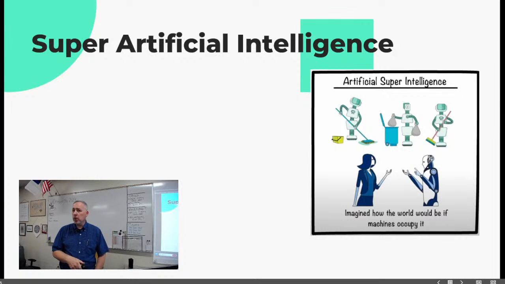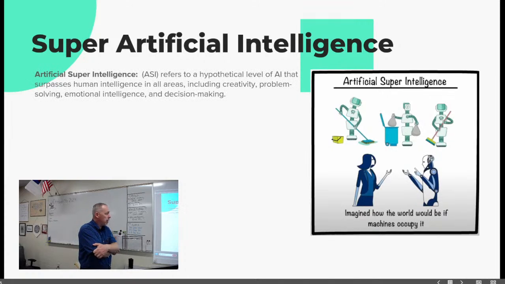And we get to super artificial intelligence. And this gets into the what-if scenarios, speculative. What could we do if we had this? And I'll be honest with you, I'm watching a lot of news. I'm seeing a lot of things happening. And there are data centers being built with untold storage capacity and computing power that are going to make this happen.